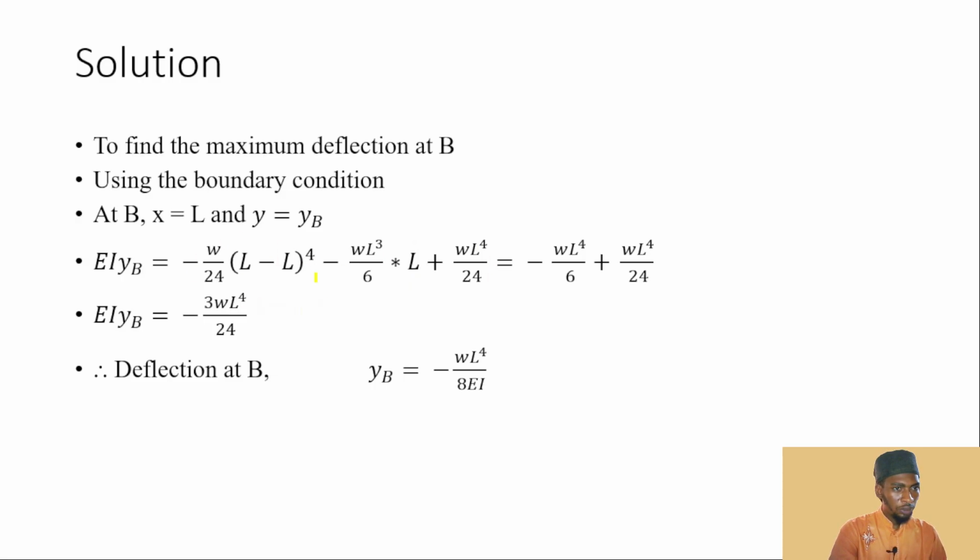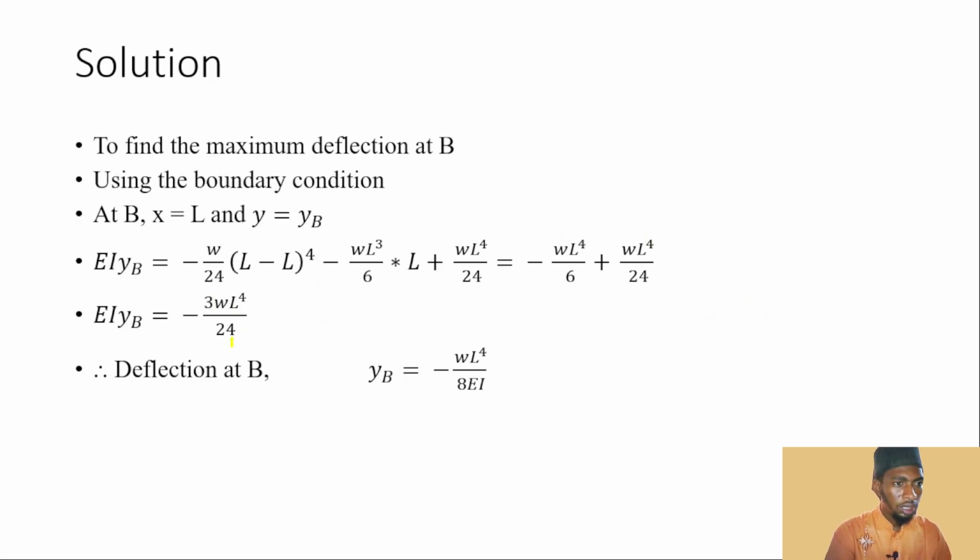This one now becomes 0, and this changes to L power 4, and this is L power 4 also. So you add the two, you take the LCM. I think the LCM will be 24. So 6 will go into 24 four times. So we have 4 times 4 minus 4 plus 1 will be minus 3, so minus 3wL⁴